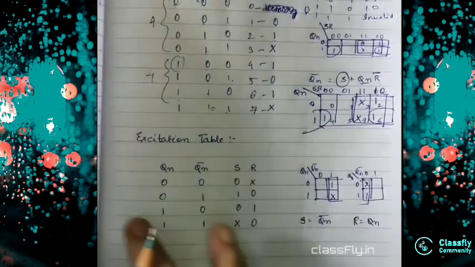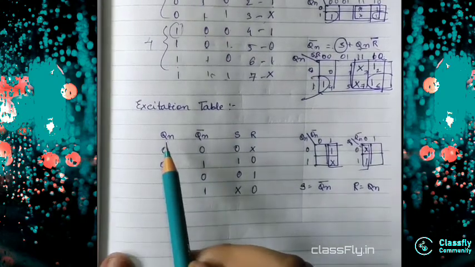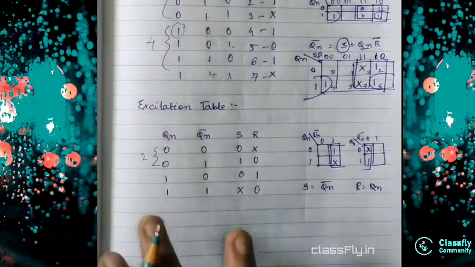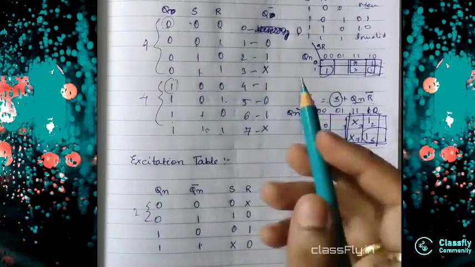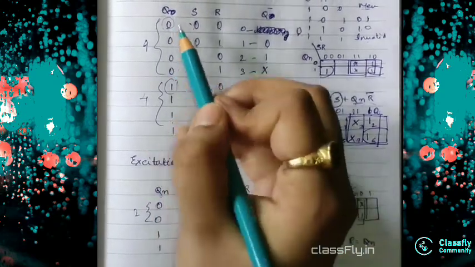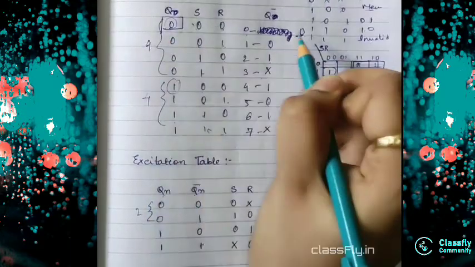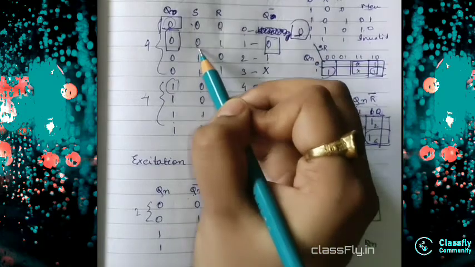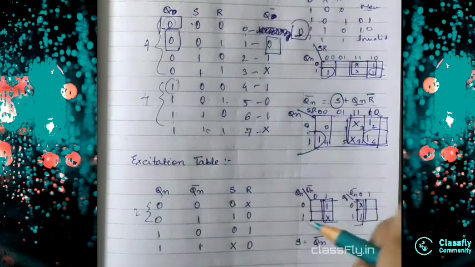Now I will do my excitation table. Now see, excitation table will have two inputs, that is our QN and QN bar. So first column will be 2 zeros, 2 1, and respectively for QN bar. And the excitation table depends on the characteristic table. So when it is 0 and for the QN and QN bar also 0. So 0 and 0 we get 0 and 0, as well as here I get 0 and 0. So my S is not changing, so I will write 0 for S, but my R is changing, so I will write cross for the R.